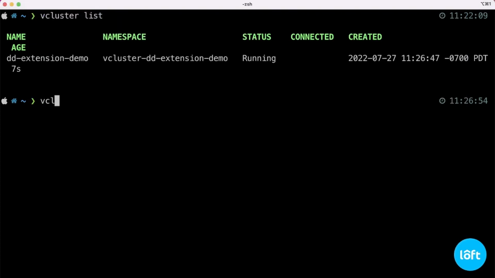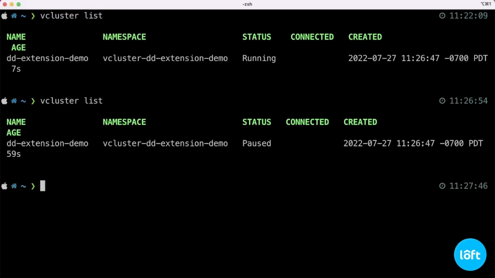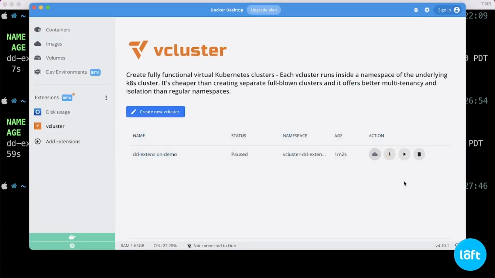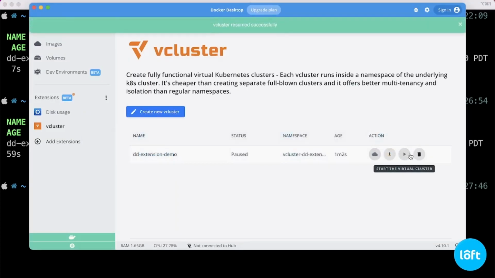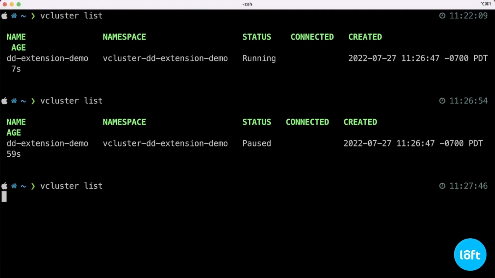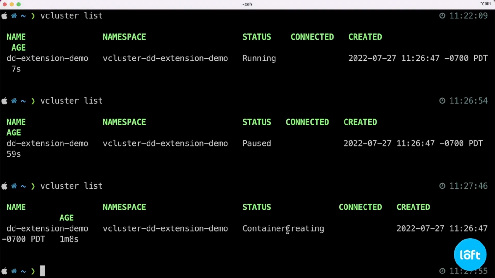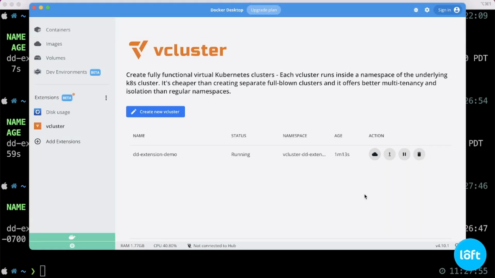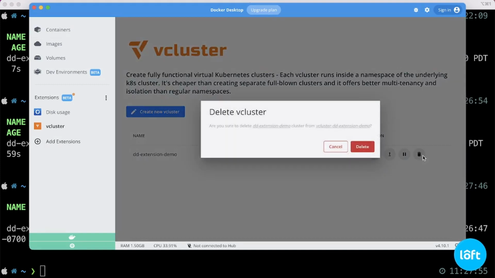There we go. If we now check again through the CLI, we can see that the status is paused. So we should be able to now resume the virtual cluster. And here we are. It's going to create the cluster again, and we'll be back in business shortly. And finally, I will now delete the virtual cluster through the UI, just so we've run through the entire